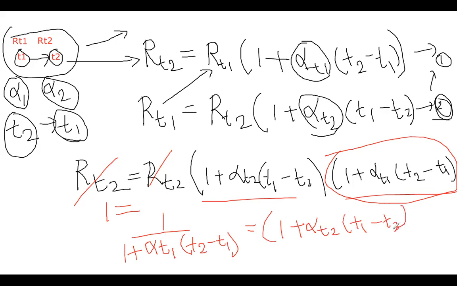Now we have obtained this equation. If I change the direction from T1 minus T2 to T2 minus T1, can we write a minus sign here? Right now it is given as T1 minus T2. So if I change the direction to T2 minus T1, can I write a minus sign here? Yes or no?